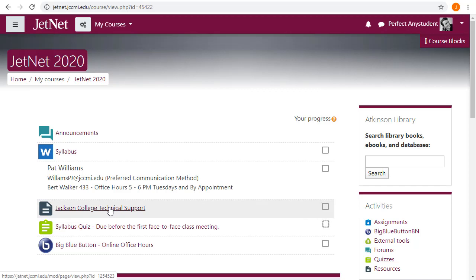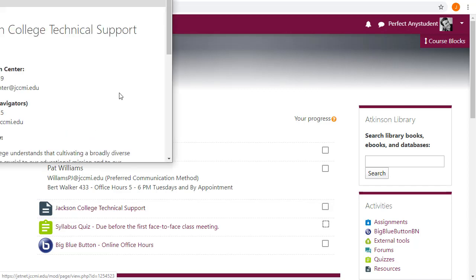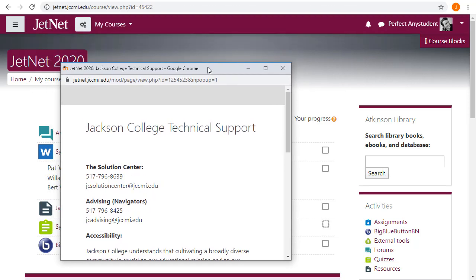Jackson College Technical Support. I wish every instructor included this, but they don't always. But if I open that, I can see that the Solution Center is my source for everything related to my account and email and things like that. Here's their phone number, 517-796-8639, and their email,